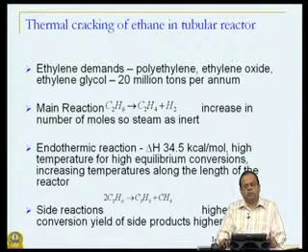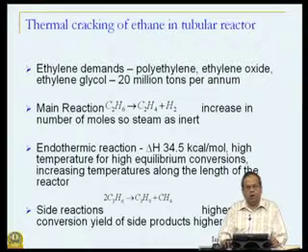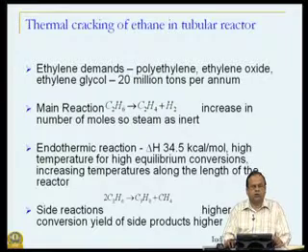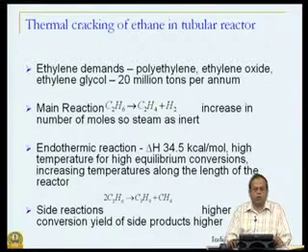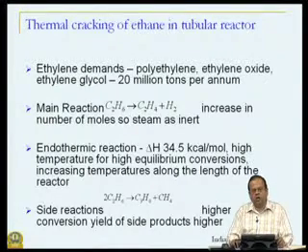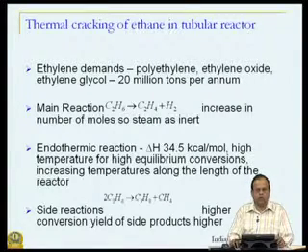Ethane, for example, after its cracking gives ethylene, and I do not think I need to expand on why do we need ethylene. We need polyethylene, ethylene oxide, ethylene glycol and host of other products for which ethylene is a starting material. And at one estimate, the production of ethylene exceeds something like 20 million tons per annum. Slightly old information, maybe around 2004 or 5, this was the number I could get my hands on. Maybe the demand has increased further.